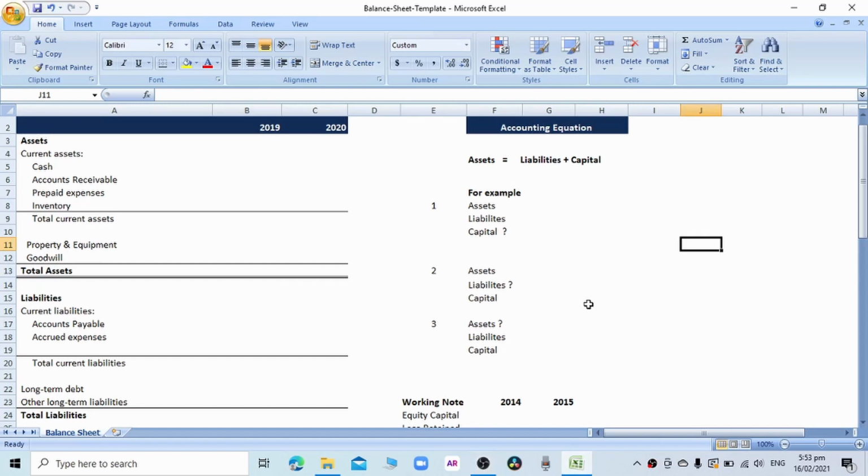We are here today again to learn about the balance sheet. As you know, the balance sheet is one of the three important financial statements of the company. The first is the profit and loss account. As you know, the profit and loss account consists only of the expenses and the incomes of the company. So when you deduct the expenses from the income of the company, you will get the profit, right? And that profit will be transferred to the balance sheet, and the balance sheet is the second important financial statement of